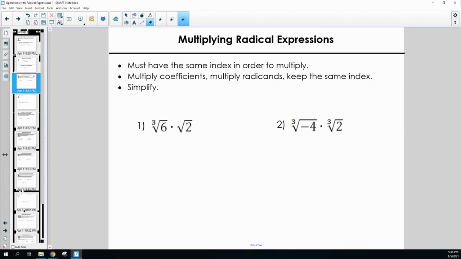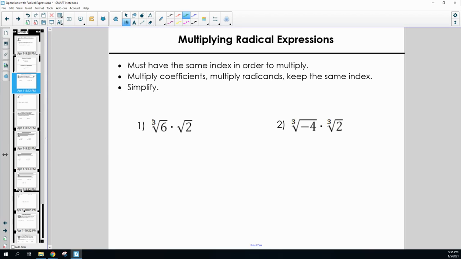First, we're going to look at multiplying radical expressions. When you're multiplying radicals, you have to have the same index in order to multiply. So remember, the index is the little number inside the little check mark. Then we want to multiply any coefficients, multiply the radicands, and then keep the same index, and then we just simplify if we can. So for the first example, we have the cubed root of 6 times the square root